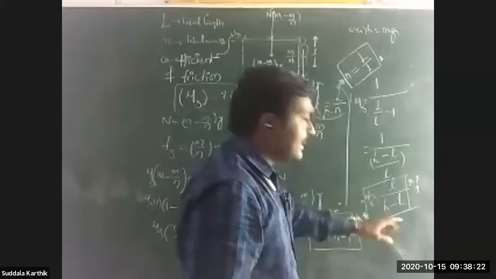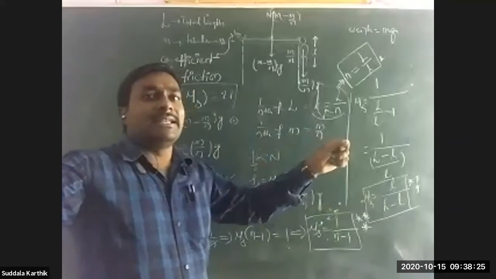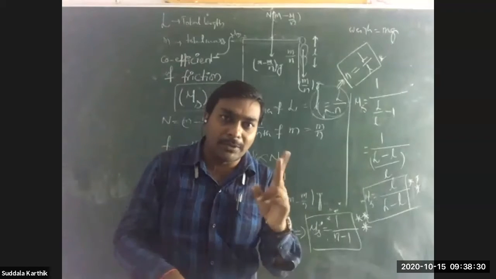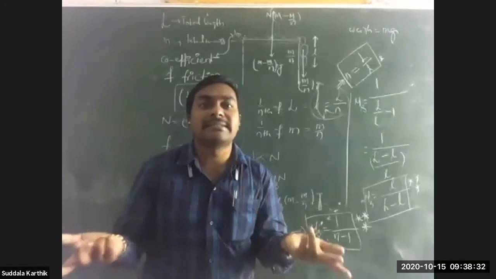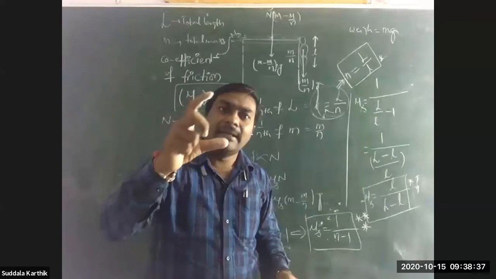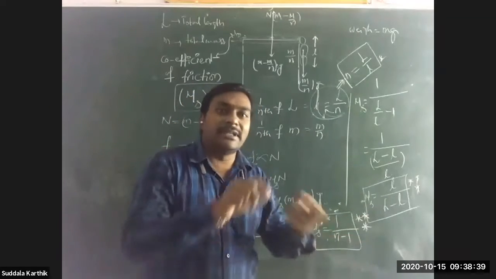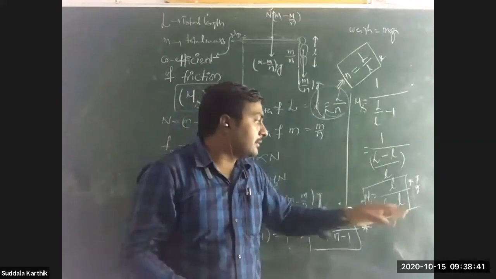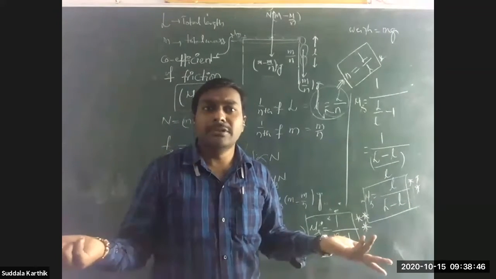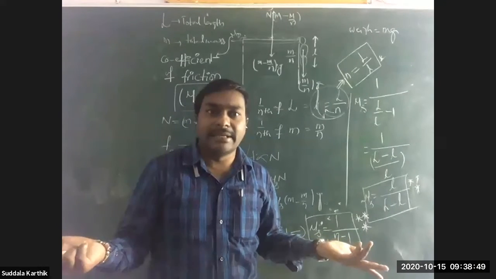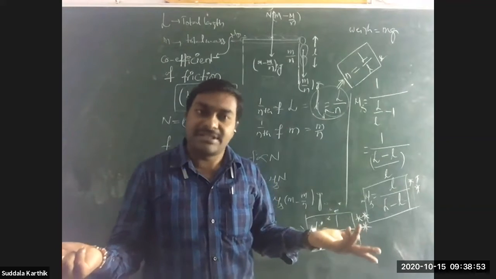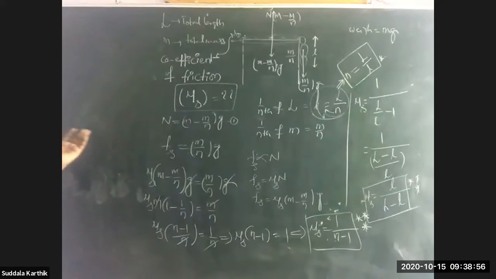And in this, sometimes the length of the chain is given, the length of the hanged part of the chain, small l, is given. Two points are given, two joints are given. What is the coefficient of friction? In that time, you have to substitute the length of the hanged part and the total length of the chain. By substituting those values, you will get mu s. Mu s is nothing but the coefficient of static friction. For that purpose only we have discussed it.